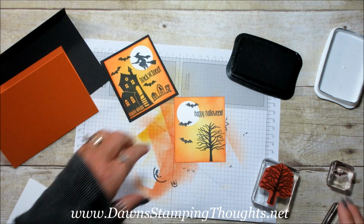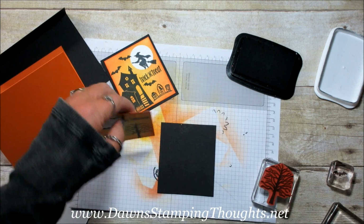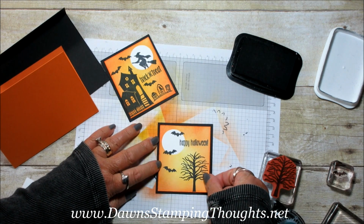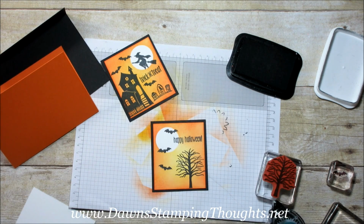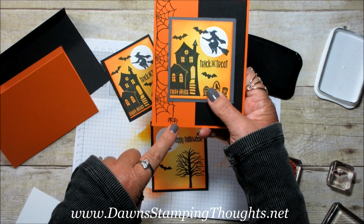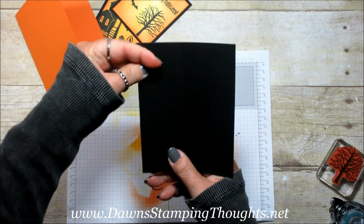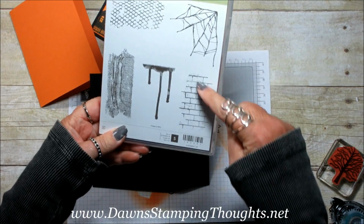Cute. All right, now let's go ahead and layer this onto the basic black piece. That right here. Okay, so you'll notice on this card here, I used the spider web and then I stamped a little tiny spider at the bottom, which is adorable, but I'm going to do something different with this one today. Okay, so for this base, along this side of this edge, we're going to stamp this little brick image, and